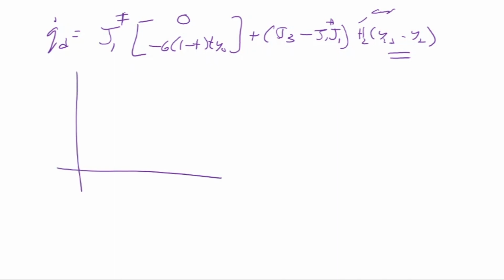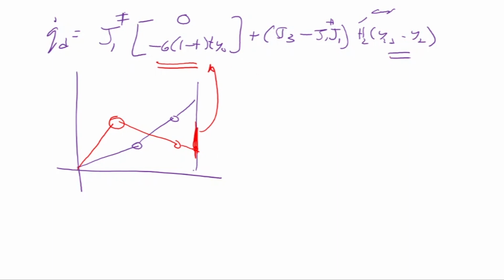Let me draw it here and explain. This is my desired line I'm supposed to take. This is my arm. What is the constraint I have put? That it should be nearest to this constraint. So it will try to find a solution, my main solution, such that this arm is following the straight line. That's my main solution here. And the second solution is the difference between this angle and this angle. So it got a solution.